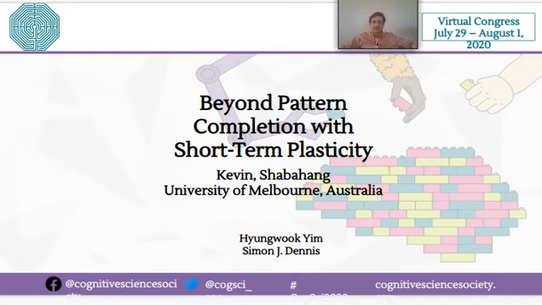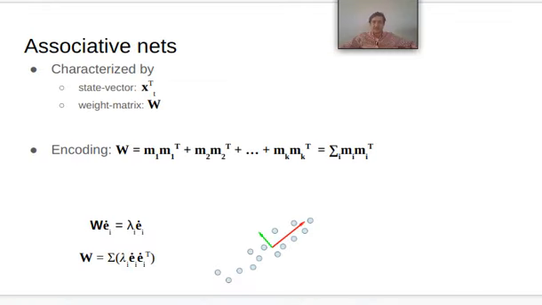Here we aim to revive a class of neural nets that were abandoned due to their difficulty with generalization, but are more plausible models of human memory. An associative net is characterized by a state vector, a weight matrix, and a time update function. The state vector captures the activation of a set of hypothetical neurons, and the weight matrix represents the synaptic strengths connecting the neurons. Encoding is Hebbian, where synapses between neurons that are active within a time interval strengthen.